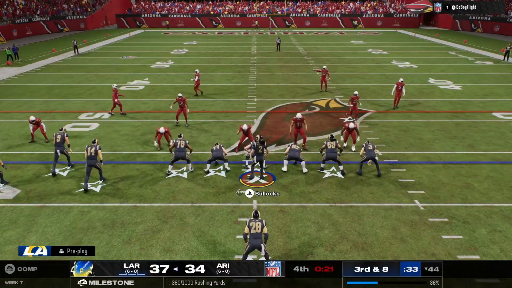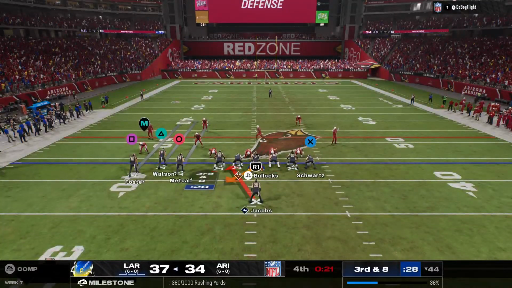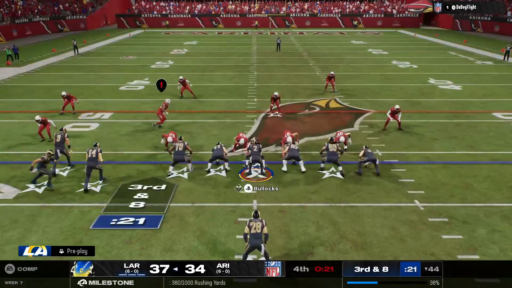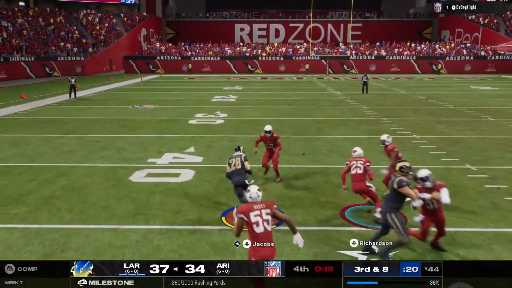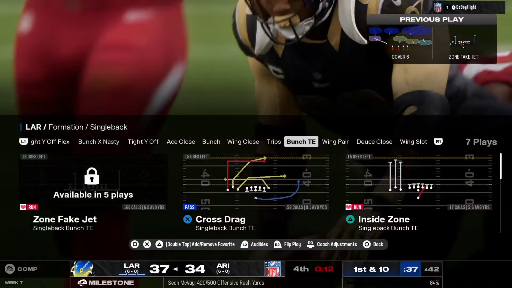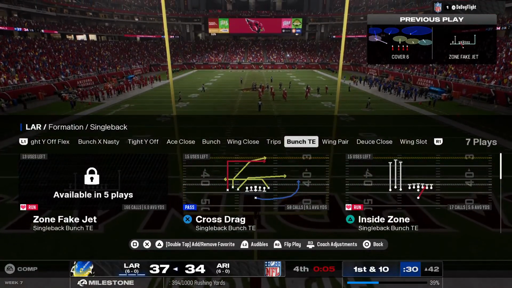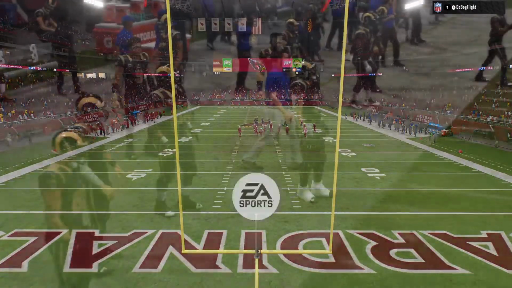This crowd into it now as we get to 3rd down. They'll run it straight ahead with Jacobs. Give them 14 on that one. 1st down, L.A. He's brought down at the 42-yard line. A gain of 14. And the Rams first down. So it's a win